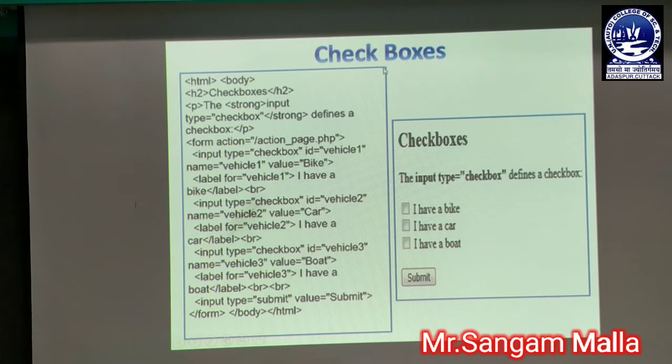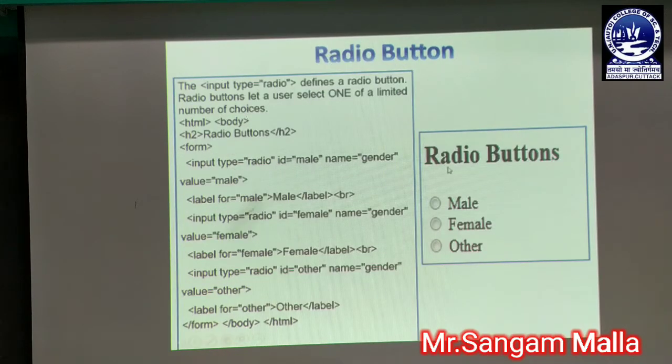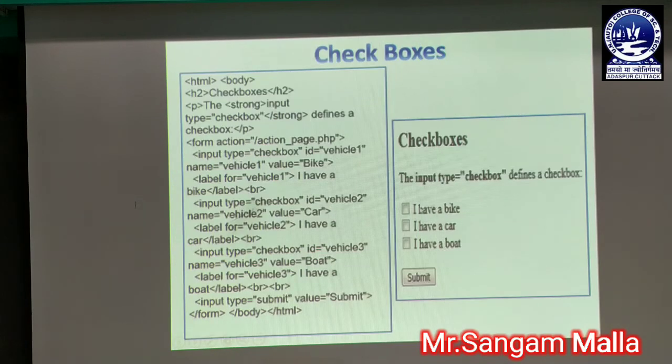So what do you mean by checkboxes? A checkbox is actually used where there are a lot of choices and we can go for more than one choice. There is a big difference between radio button and checkbox. A radio button allows only one value from a number of choices, whereas in checkboxes we can go for more than one choice where there are a number of choices. This is the main difference between radio button and checkbox. Now we have to implement the checkbox in the web page.